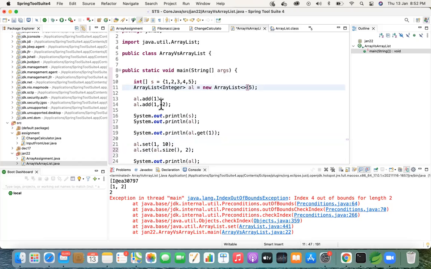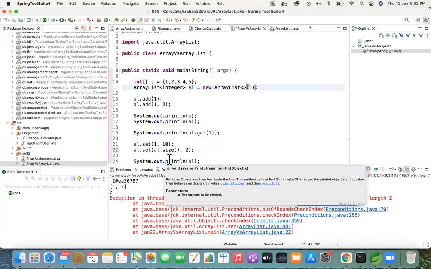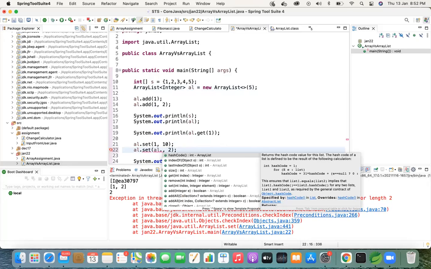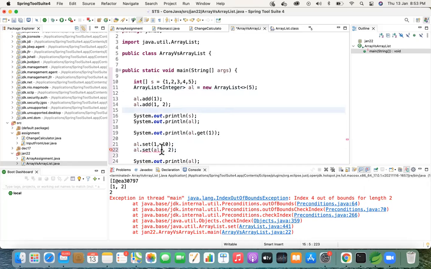Okay, so how will we find the non-empty positions in an array list? In this case, we have node 0 and node 1 filled, right? How do we get to know that only these 2 nodes are filled and these 3 are empty? Your voice is a little low at the end. Is there any function to find the number of nodes filled in an array list? No, you can't check that. You can check only through size. So instead of set, just print al.size, and you'll be able to see how many elements you have. Based on that, we can iterate for the further traversal of your list.